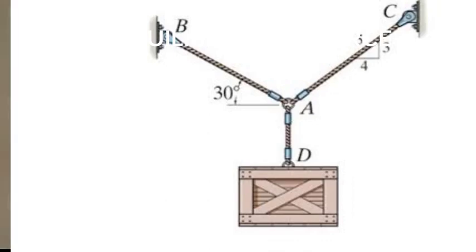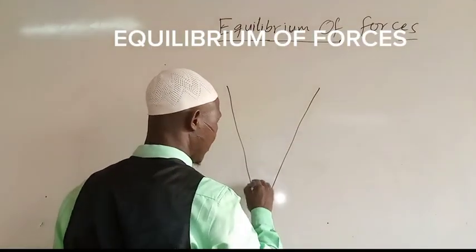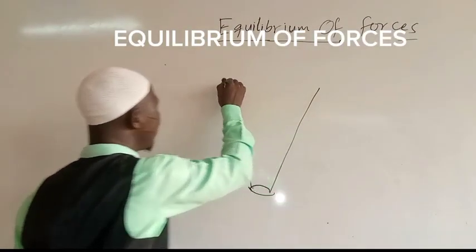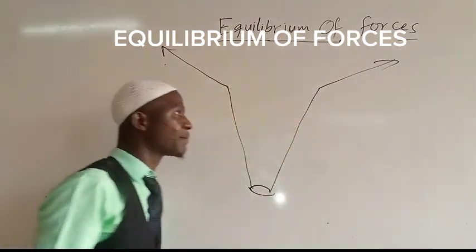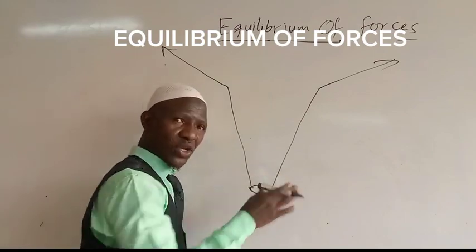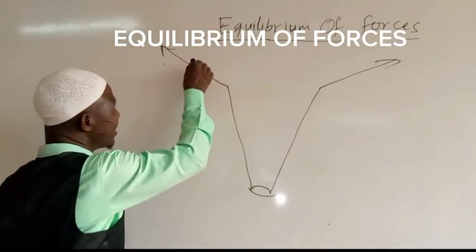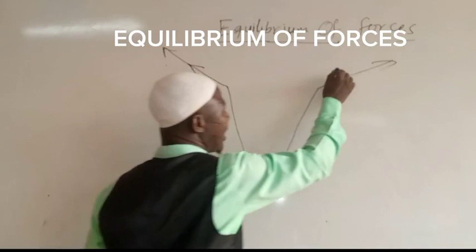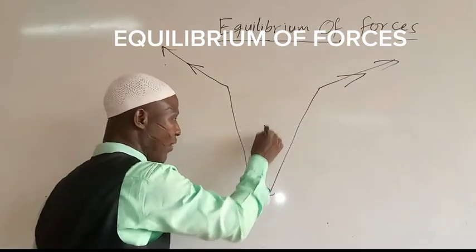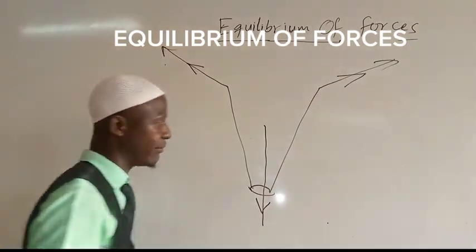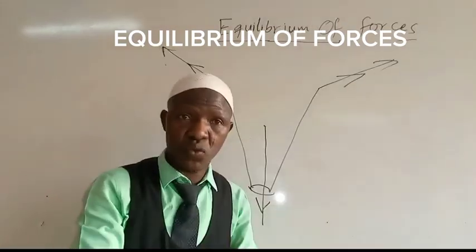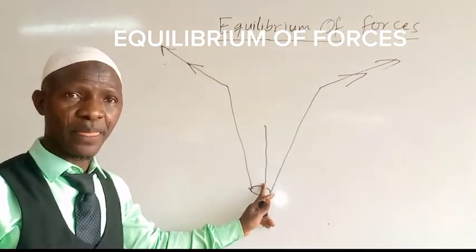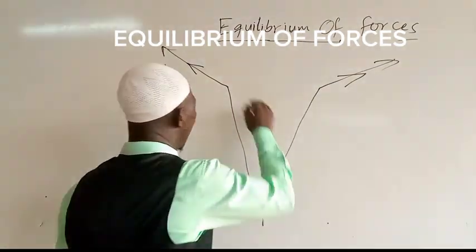For instance, let's say we have a bucket of water like this. Somebody is holding it here with certain force, another person is applying force here, and the body is not moving. What does that signify? It means this force acting like this, another one here, then we have another one, the weight of the water itself acting downward. So the three forces are in a state of equilibrium if it is not moving,